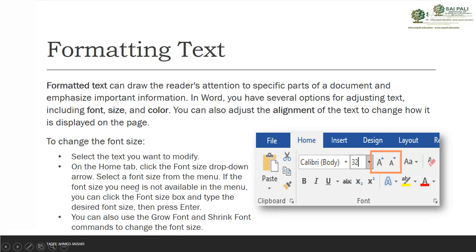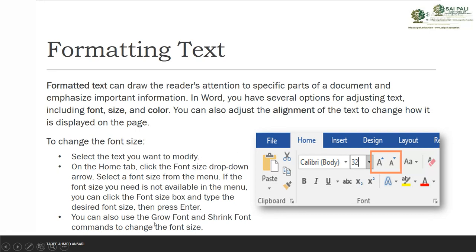If the font size you need is not available in the menu, then you can click the font size box, type the desired font size, and press Enter. The drop-down has some predefined font sizes, but if you want a size that is not there, you can simply click on that box and add your own.